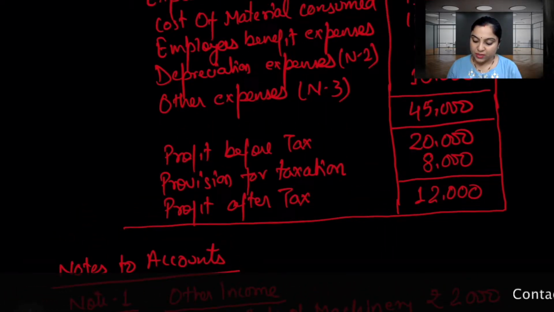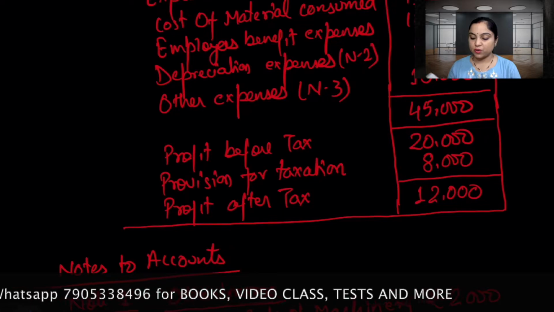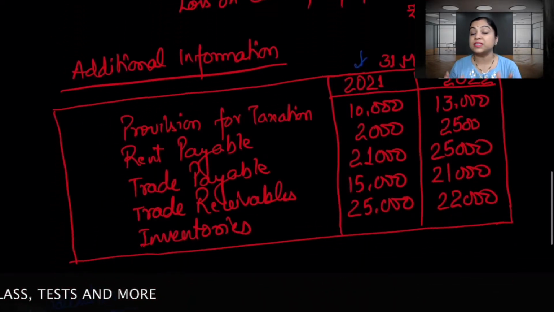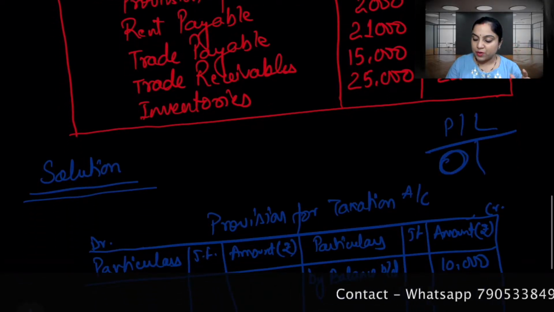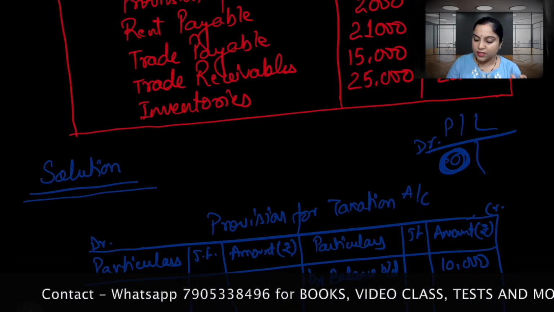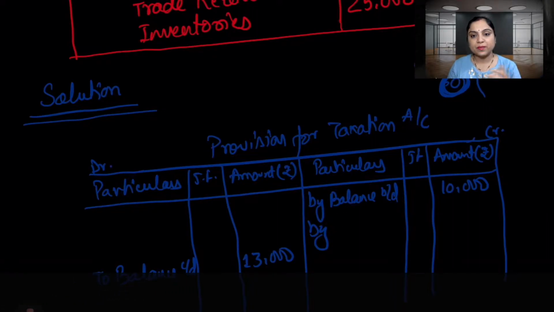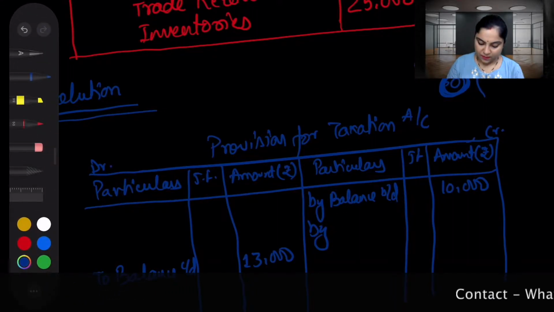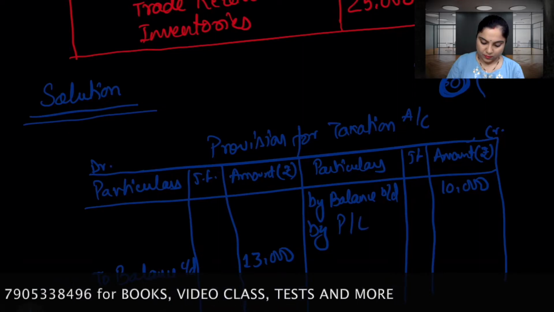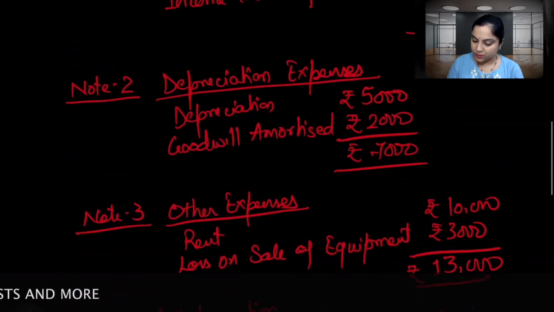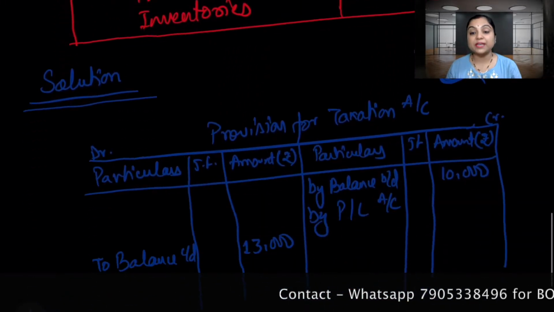So we have profit after tax, and we have a provision, meaning the company made a provision of taxation of rupees 8,000. You made a provision which you showed in the statement of P&L. So let's recapitulate quickly. On the debit side, you have shown your P&L. So you can do the reverse entry, as in, one second. By P&L account, what's the amount? Once again, provision for taxation was rupees 8,000.